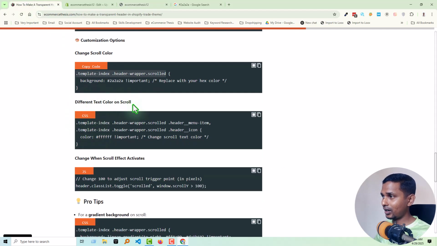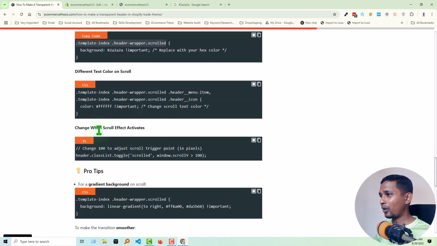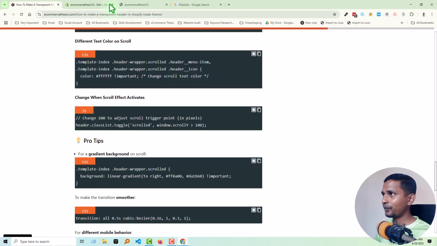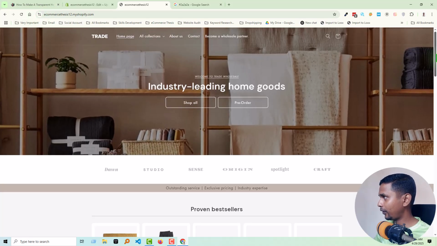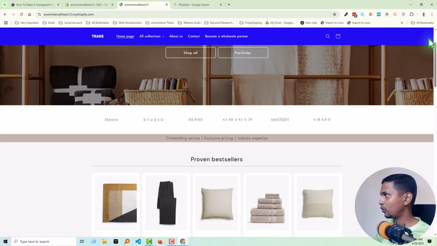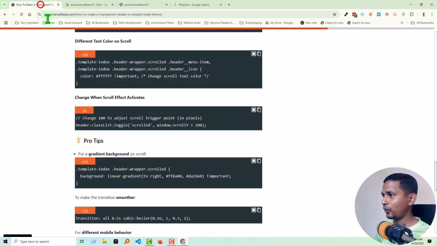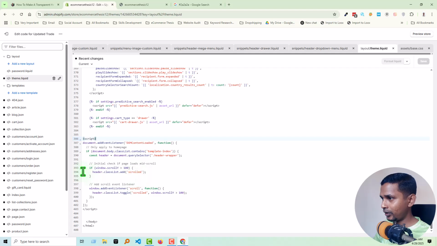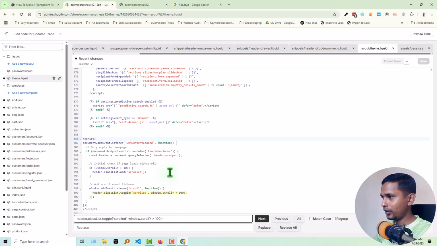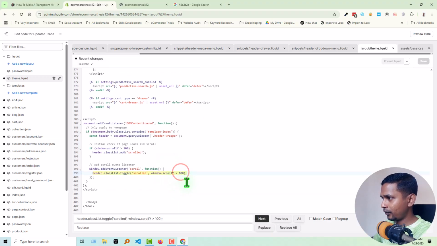Also we have another option. We can change the text color on scroll. We can change when the scroll effect activates. For example, after 100 pixels it will be activated. If you look very carefully, you see, that means we have crossed the 100 pixels. But if you want to adjust it, then simply copy it and go back to the theme.liquid file, and you see here is the code. Just Ctrl F, Ctrl V, and you can change it from 100 to 300